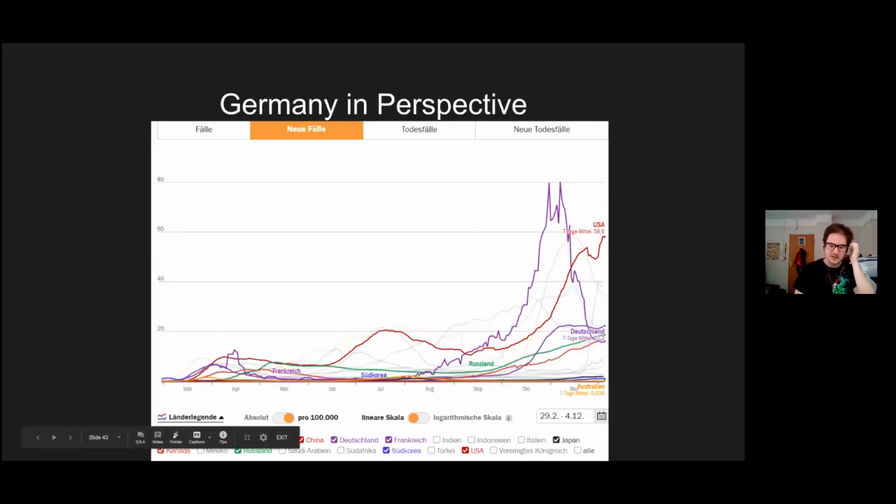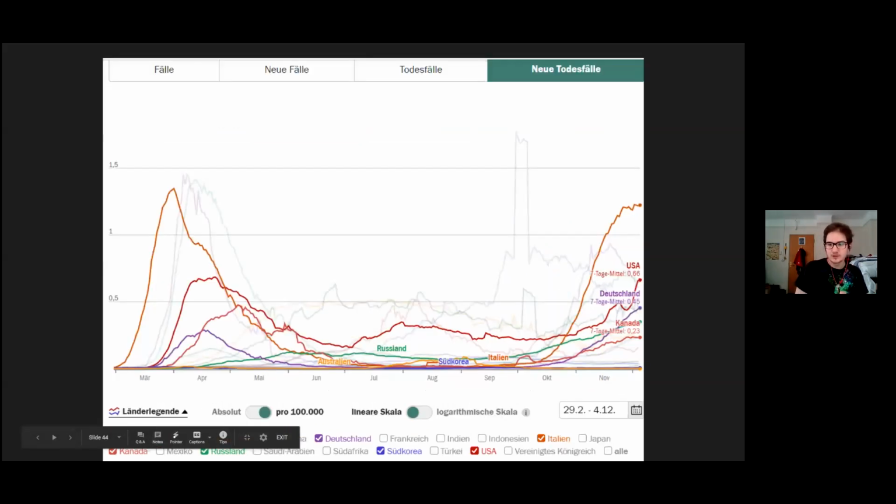And here there are a bunch of slides normalized per population, so per 100,000. You'll notice that Germany is, when it comes to new cases, doing significantly better than some countries, but also worse than others. For example, it's doing way better than the United States, but worse than Canada and Australia. Next slide. When it comes to the new death rate in Germany, it's actually kind of comparable to the United States, yet it's still a little bit better, but obviously it's worse than in Canada. Next slide.